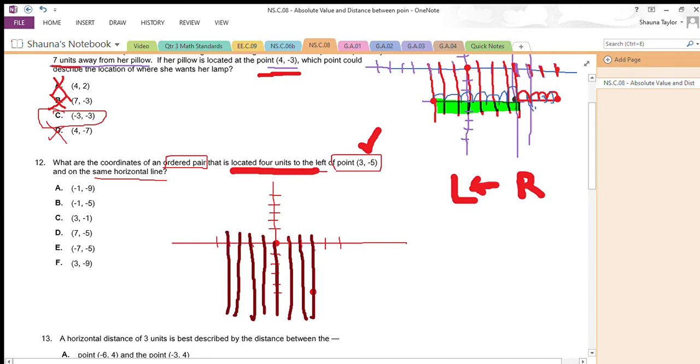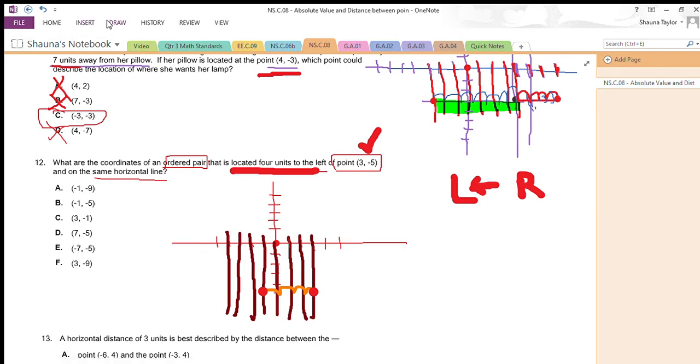4 units to the left. So if I'm here, I'm going to go backwards. Let me go grab that orange that I had earlier. Okay, so I'm going to start here and go 1, 2, 3, 4. Right here is where my dot should be. So let me go find that black. Maybe red is better. And right there. So these 2 dots are on the same